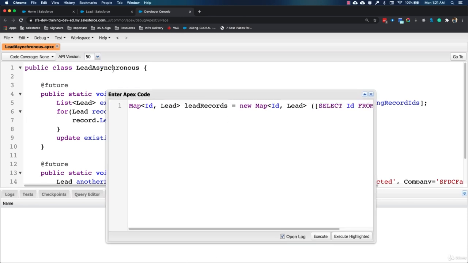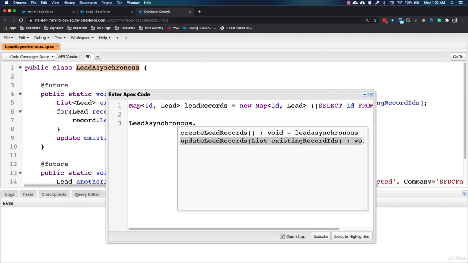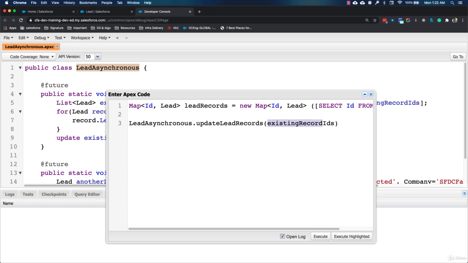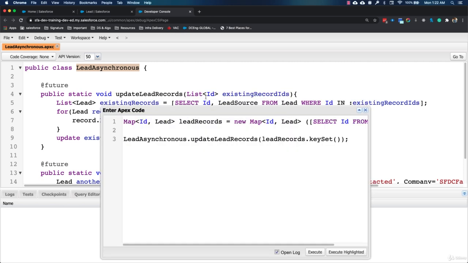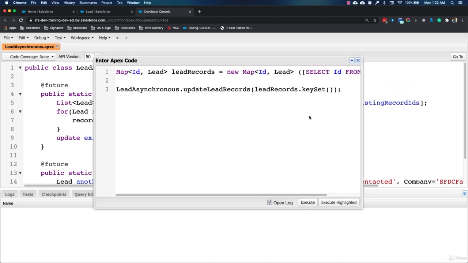And now I'll use my lead asynchronous class to call my future method, which is update lead records, and here I'll pass the key set of this map so that I can pass all the IDs of these lead records, and I'll change this method to accept a set of ID instead of list of ID. So now let's call it,